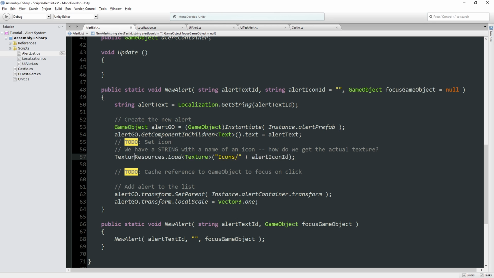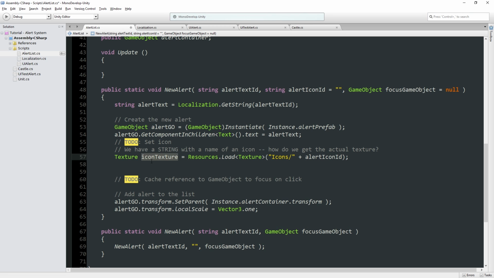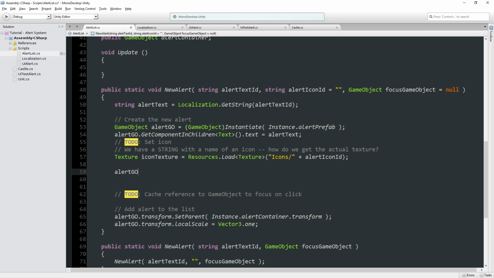So then we can go texture, icon texture is equal to this. Now, we probably want to do a little check. If icon texture is equal to null, well, I don't think we have to do anything. I think it's totally okay. Because what we want to do in our alert game object, we want to